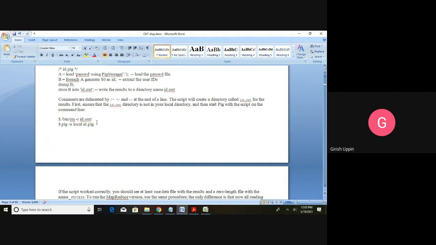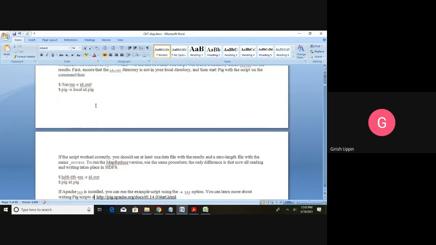Once we delete this folder, we execute Pig using pig -x local, then provide the name of the script, id.pig. Once it runs successfully, it will create the folder id.out. If the script worked correctly, you should see at least one data file with the results and a zero length file with the name _SUCCESS.